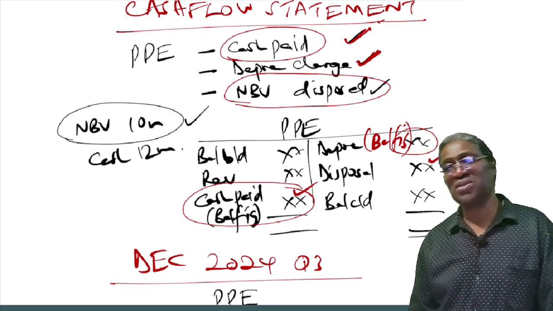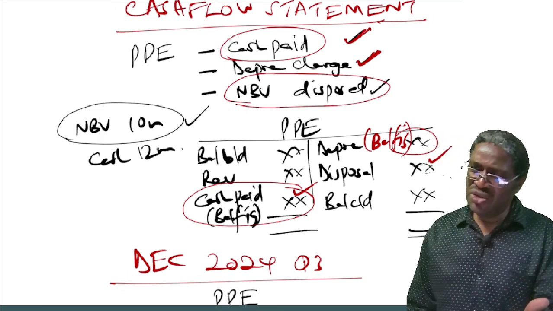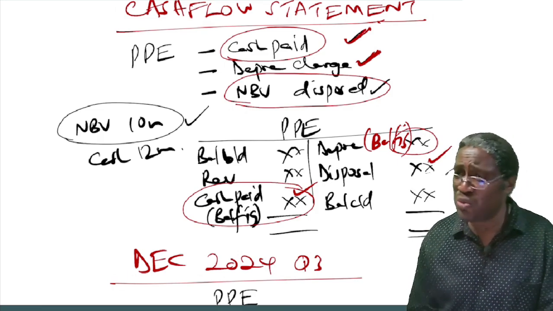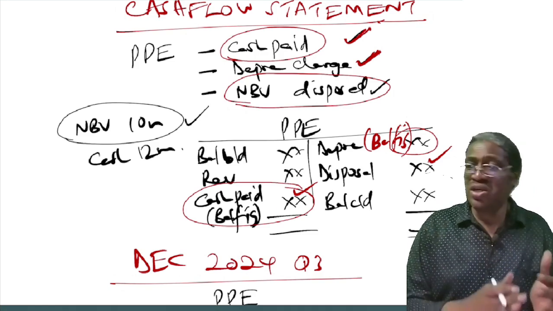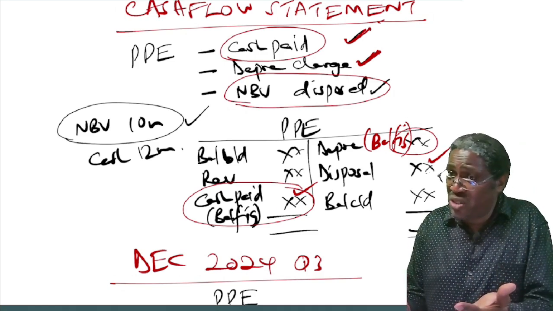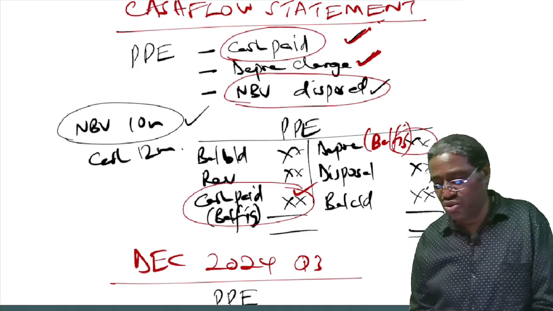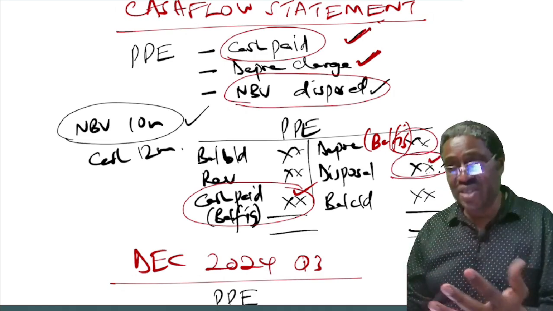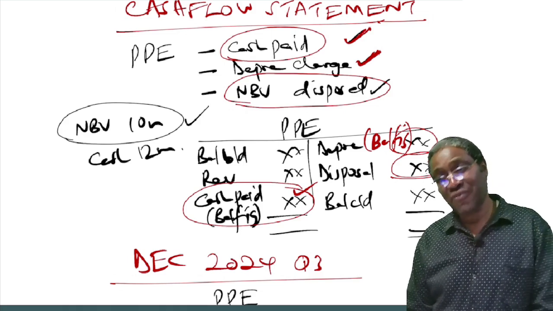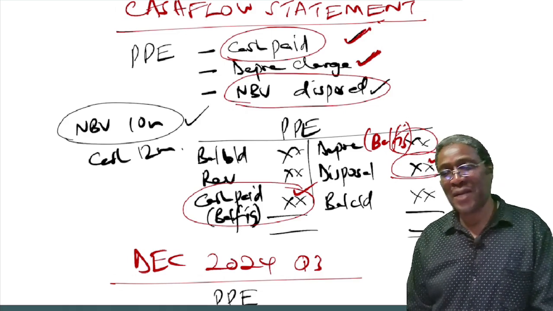In this account, it could be you are not given the book value of a disposed asset, but you are given the charge for the year for depreciation, and you are given how much you paid to acquire new ones as terms of cash paid. So you may not be given the book value of any disposal. You get it as a balancing figure. Okay? Now,